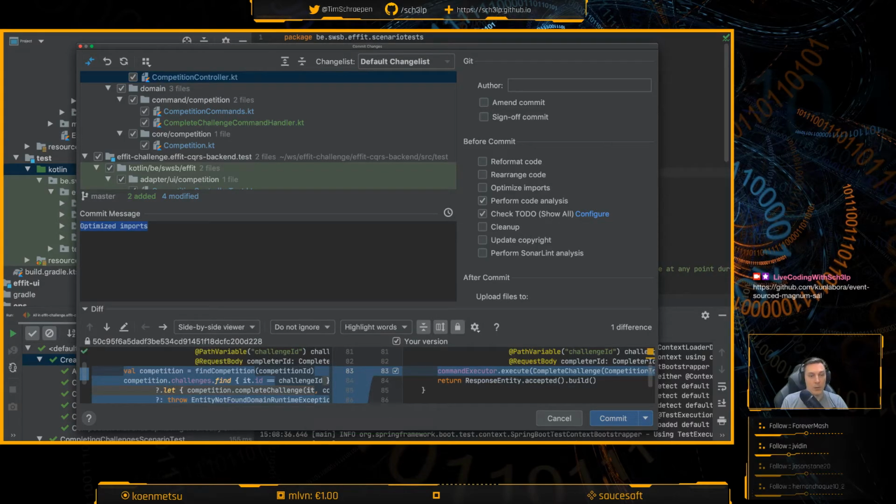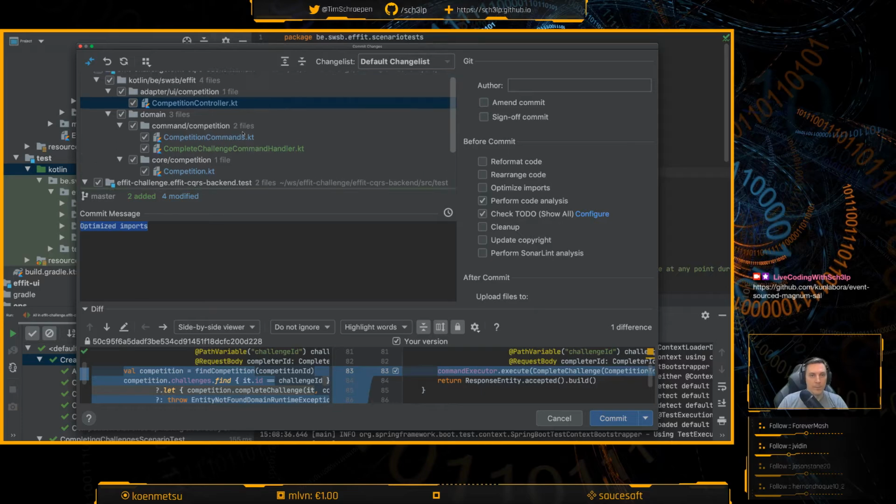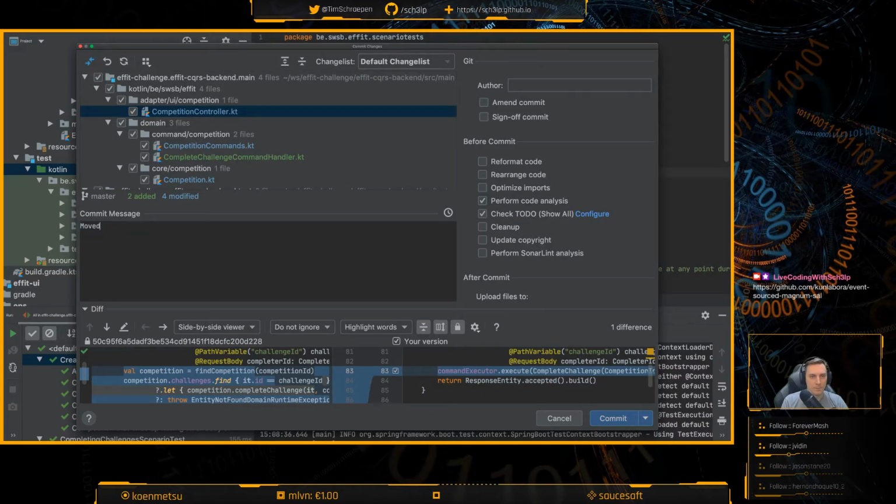Let's check it out. So here we worked on moved competition controller dot complete challenge to command. Voila.